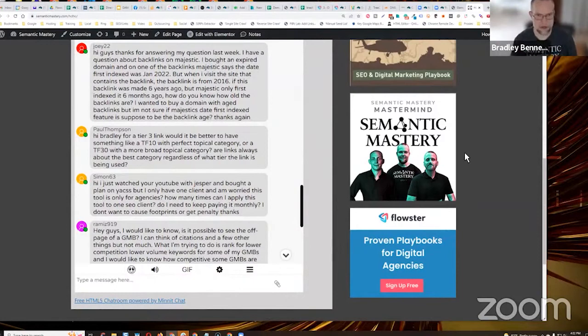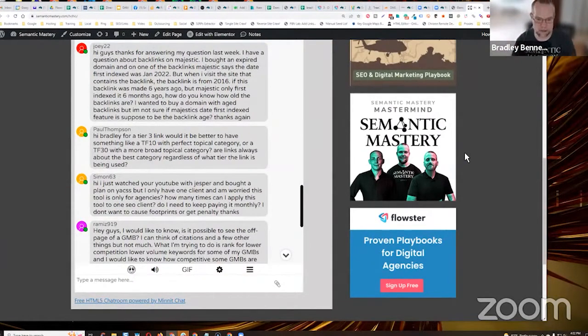At tier 3, you can go much broader as long as it's related by 3 degrees of separation, right? In other words, in all of my link building, we identify what the most appropriate topical trust flow category or categories are for tier 1. And that's what we try to build all of our tier 1 links in, the most appropriate topical trust flow category or categories. Sometimes there's more than one. And then at tier 2, we can go broader.